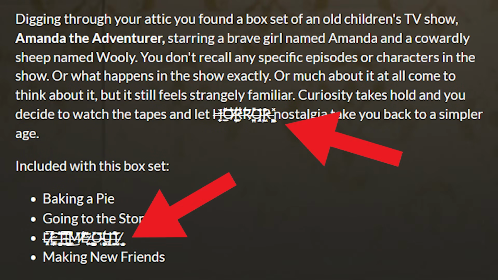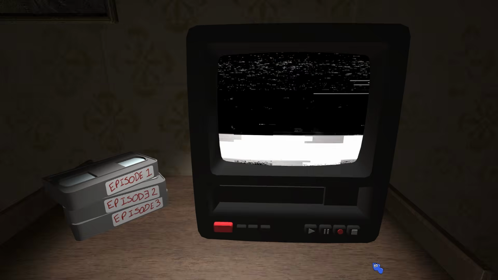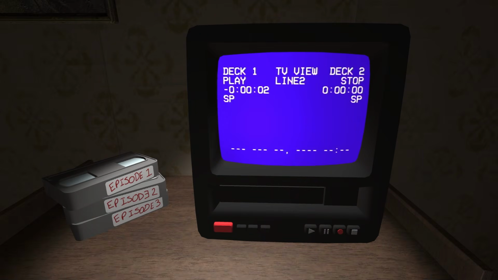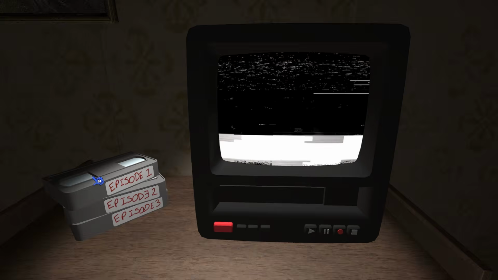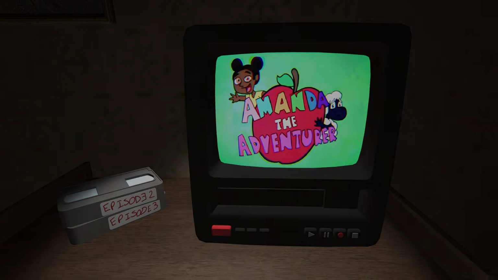The crossed out text immediately tells us that not all is well with these tapes, and it is highly suspicious how our protagonist has no recollection of ever owning them, nor of the show's very existence. When we load into the game, we find ourselves before an old TV set with a built-in VHS dock. Notice how strange images flicker on screen between moments of static. Beside the television, a stack of tapes sit ready to be played, each containing a different episode as previously listed. Inserting these tapes plays an episode of Amanda the Adventurer, so let's go over each in sequence.